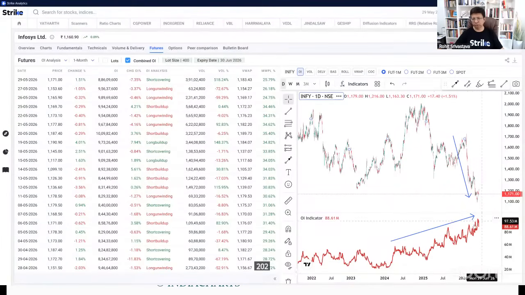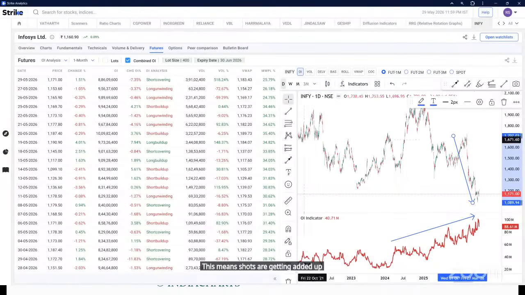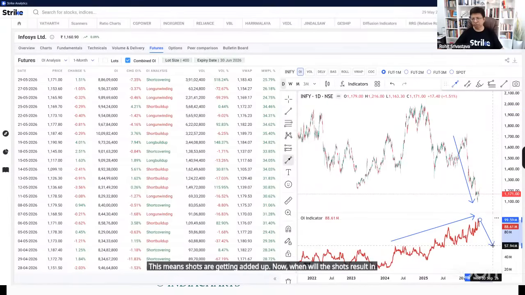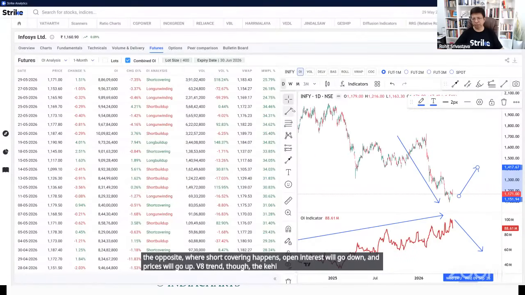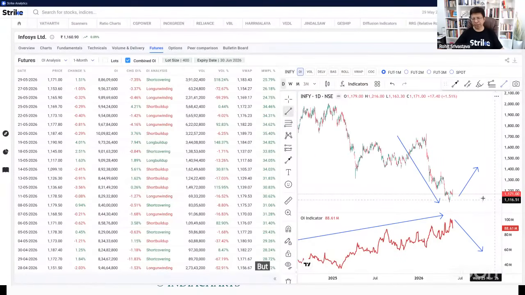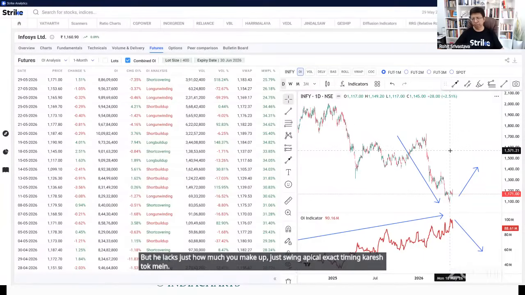2024 से 2025 में ओपन इंटरेस्ट इज गोइंग अप अप अप, मार्केट इज गोइंग डाउन डाउन डाउन। हाँ, दिस मींस शॉर्ट्स आर गेटिंग एडेड अप नाउ। व्हेन विल द शॉर्ट्स रिजल्ट इन द ऑपोजिट, वेयर शॉर्ट कवरिंग हैपेंस, ओपन इंटरेस्ट विल गो डाउन एंड प्राइसेस विल गो अप। अब ये ट्रेंड तो देख के ही समझ में आएगा, पर ये लैग से समझ में आएगा।